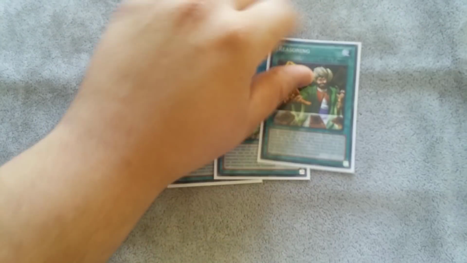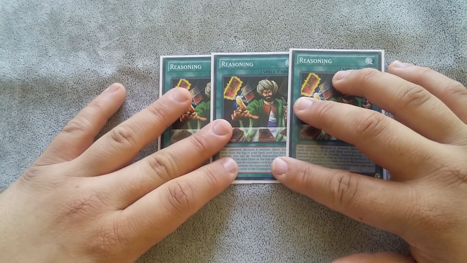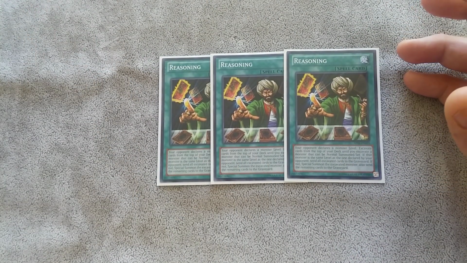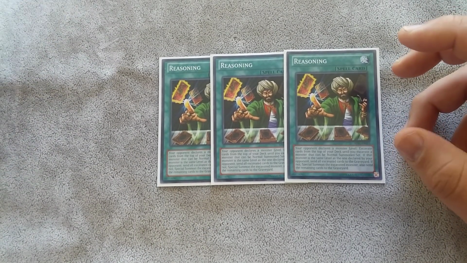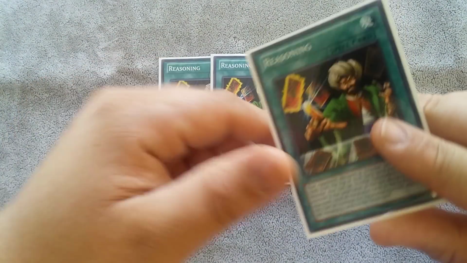We play triple Reasoning. We play Reasoning because Reasoning is another monster. Obviously, if your opponent calls the number wrong, which most of the time they will, because we do play levels 1 through 9. But Reasoning gives you another monster on the field, which is very, very amazing in your Monarch matchup. Also hitting this off of your...